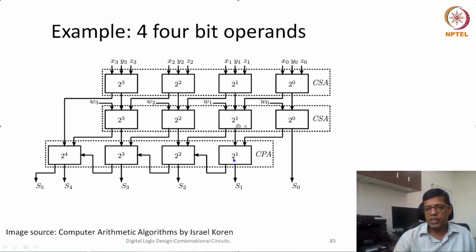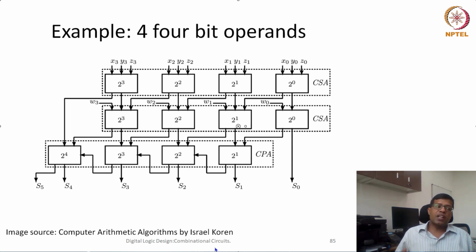full adder 2, plus the delay of full adders 3, 4, 5, 6. So total delay is equal to 6 full adder delays. While in our naive approach, we have seen the delay of adding 4 operands of 4 bits was equal to the delay of a 4-bit adder plus a 5-bit adder plus the delay of a 6-bit adder. But here it is actually 6 full adder delays, which is going to be less. Similarly, area is also quite efficient. The total number of full adders we require is only 12.